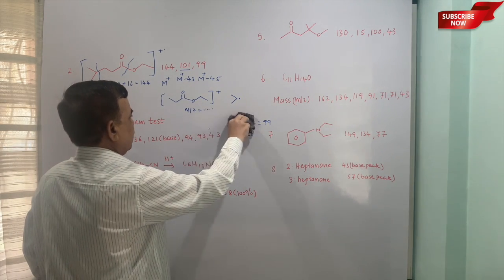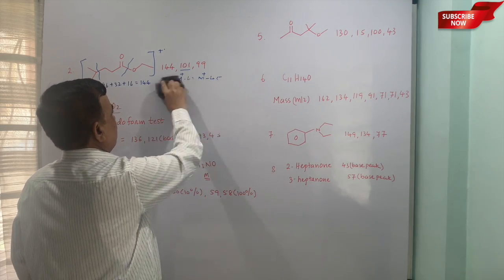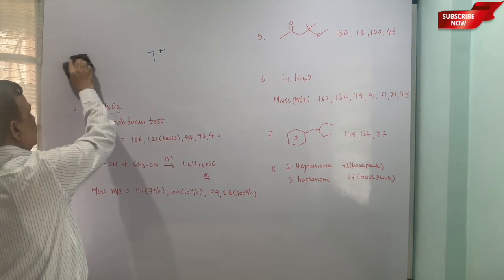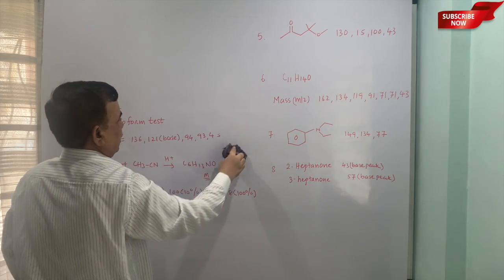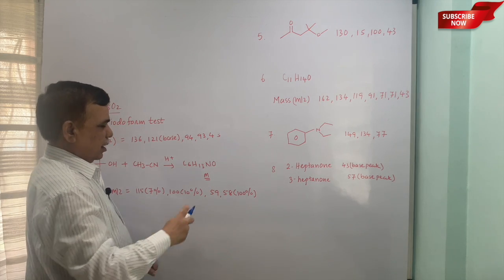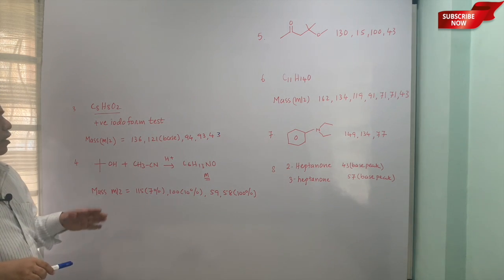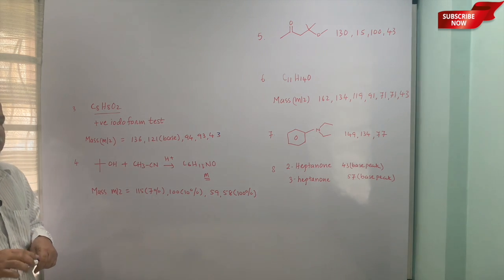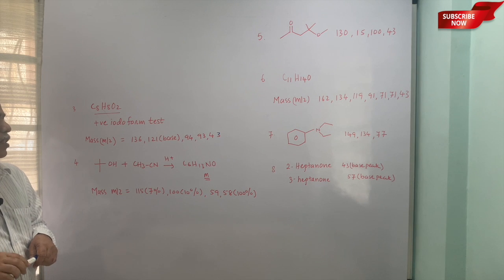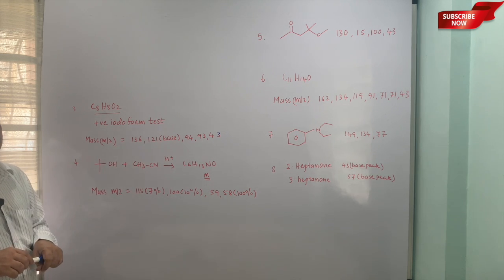One thing you have to keep in mind, that only the positively charged species are seen on the spectrum. First of all, the compounds are ionized with various methods, and then you get the molecular ion which undergoes further fragmentation, so that you get different peaks with relative mass to charge ratios with their abundances, and then you can always predict the structure on the basis of the fragments which we see in the mass spectrum.